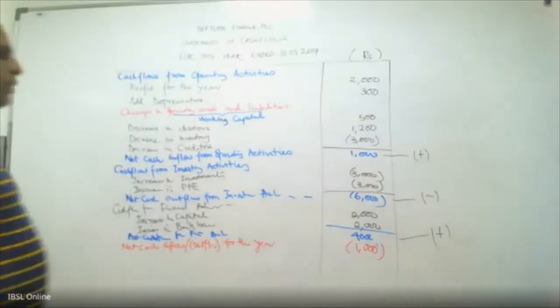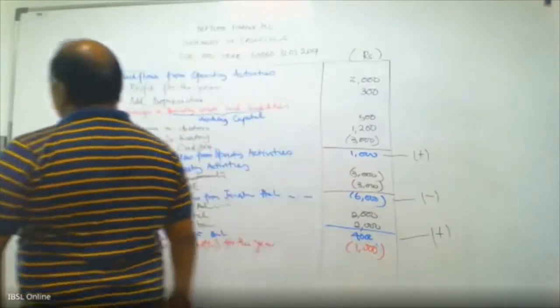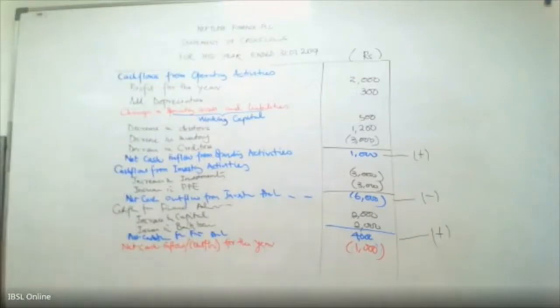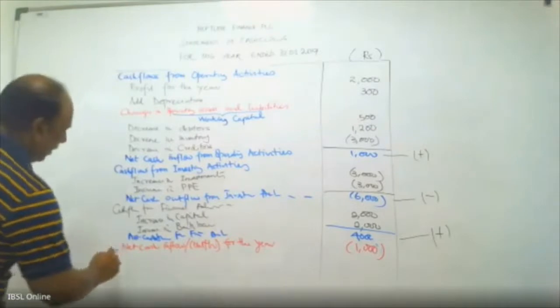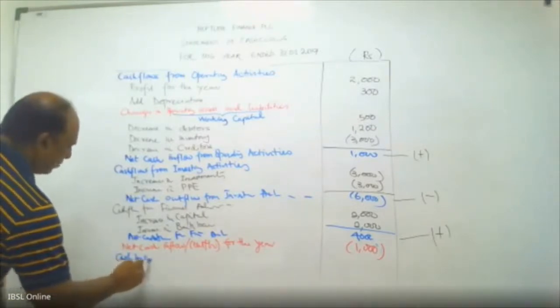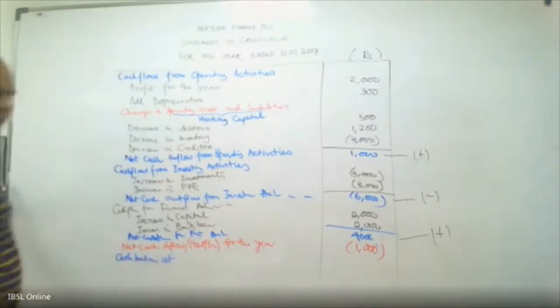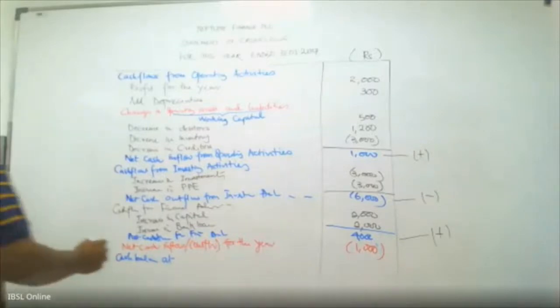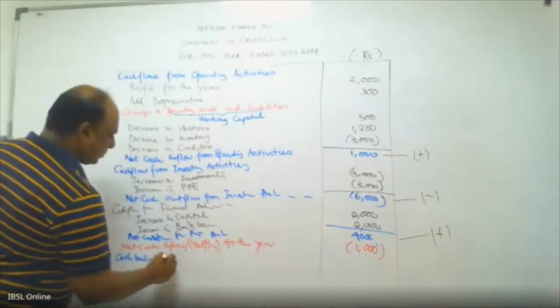Now this is what we were trying to establish. This is what my answer was. Right? Now to complete the statement of cash flow, I need to bring in my cash balance also. So how do I bring it? I have to say cash balance. We normally say cash and cash equivalent at the beginning of the period. That is how we say that. Right? But you can say cash balance as at